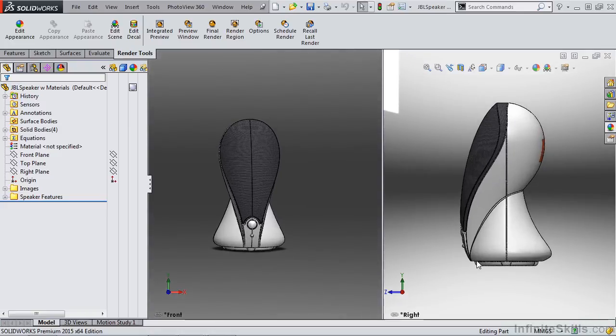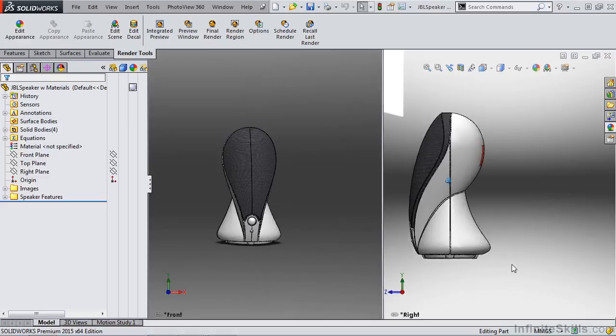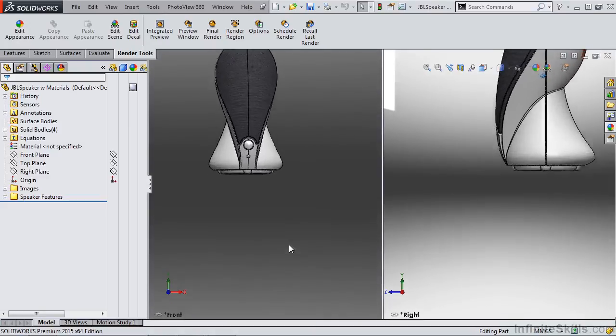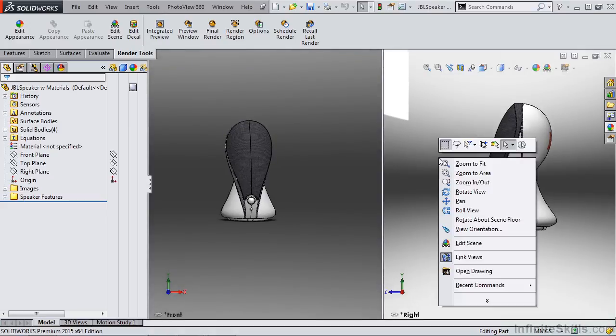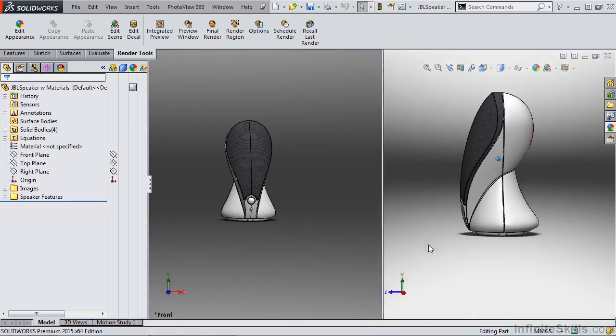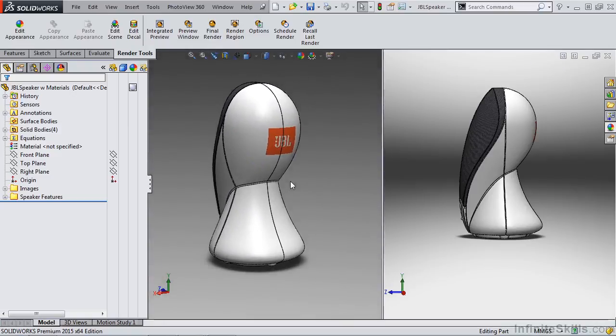For instance, we're looking at the right plane here, so I have no rotation. I can still zoom in and out and pan left and right, and any changes to where that model is located is linked to my left view. If I right click and I change the linked views, I can now move one while the other one stays fixed. This gives me the great option and the great flexibility of rotating a model around to a certain view